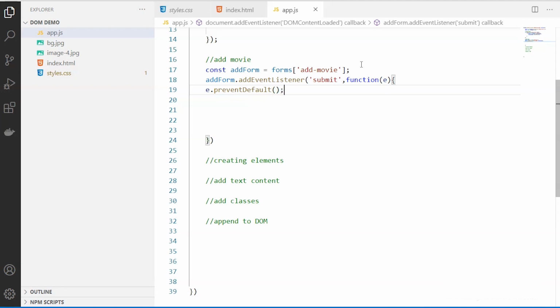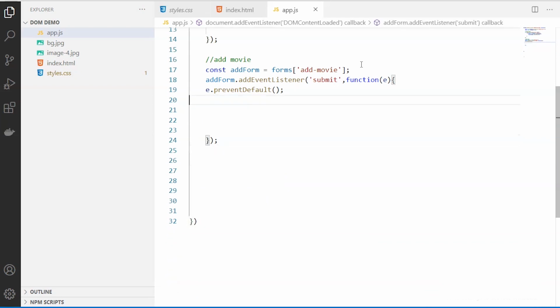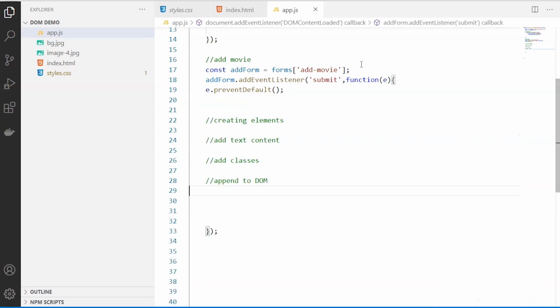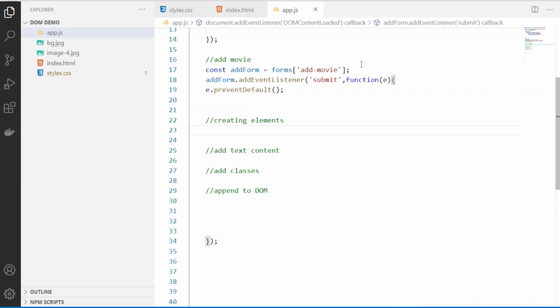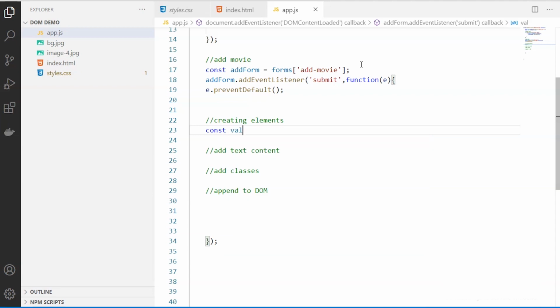So we are invoking this method first, and let me just close this one also. And I want all these other features to be included within this one. Okay, so first step after capturing the form element, I want to create the other constants for these values and elements, the other elements.